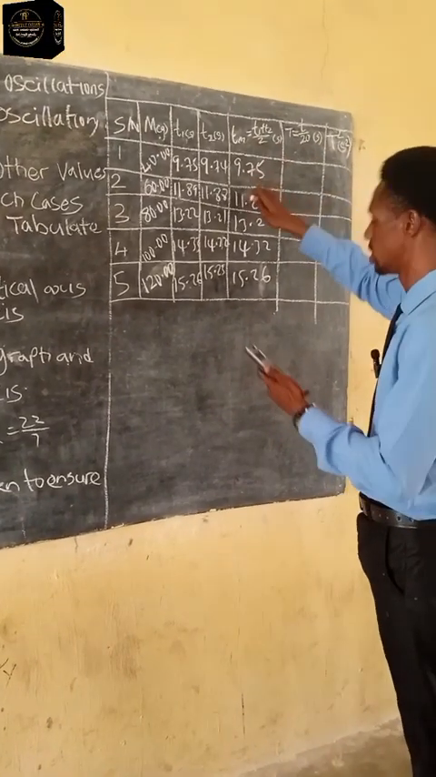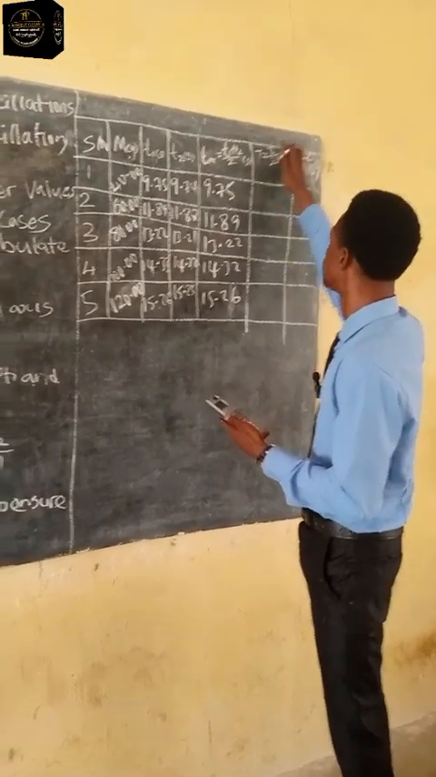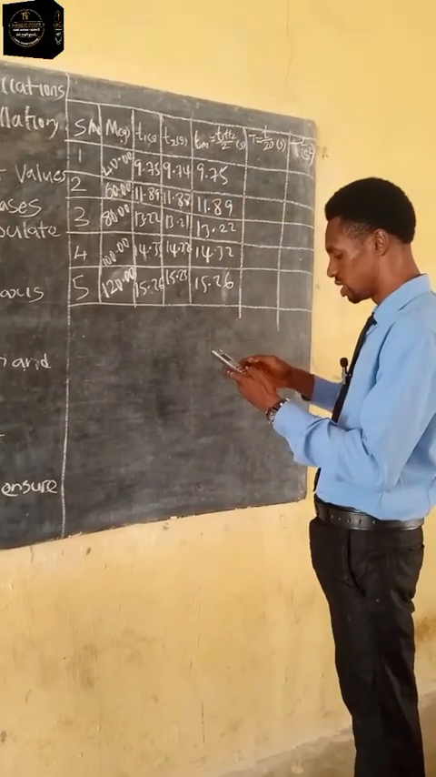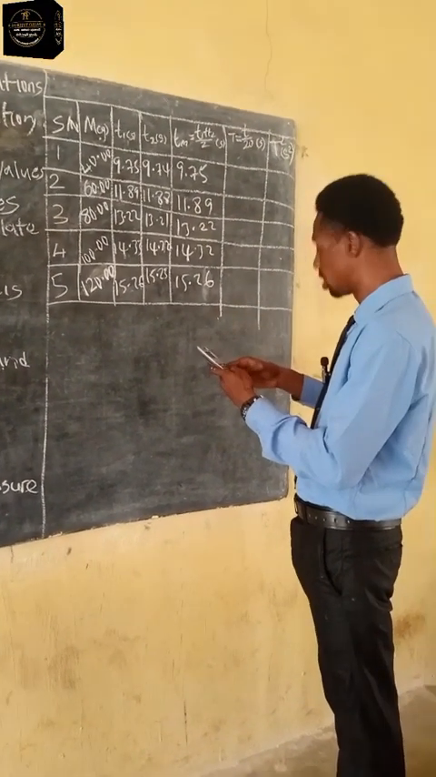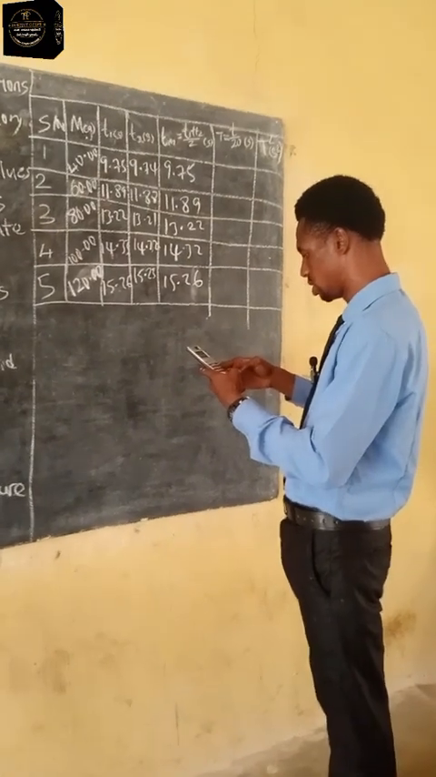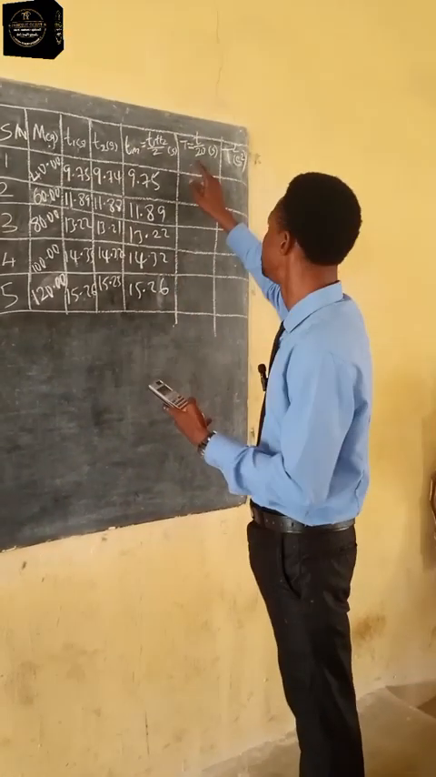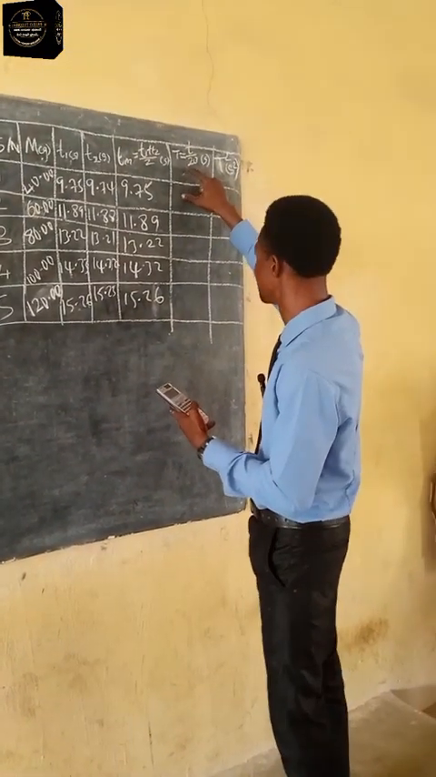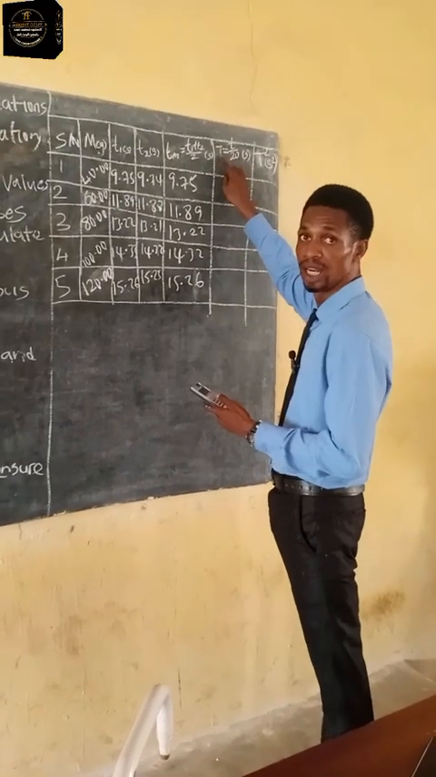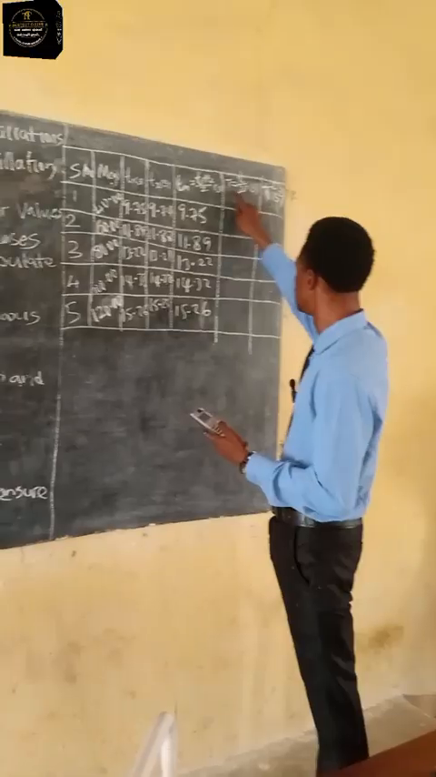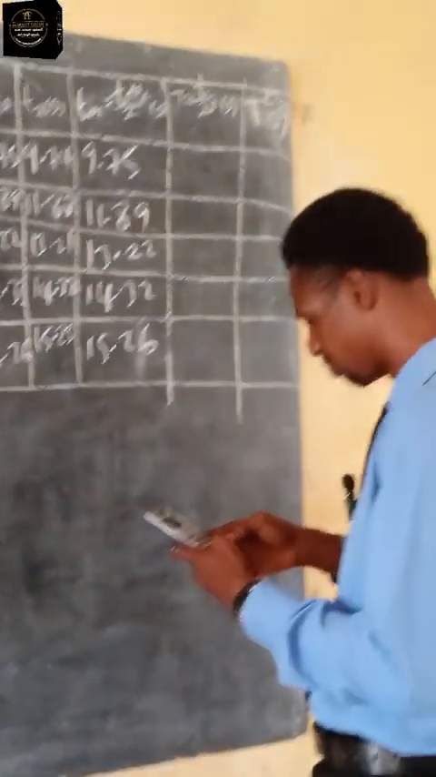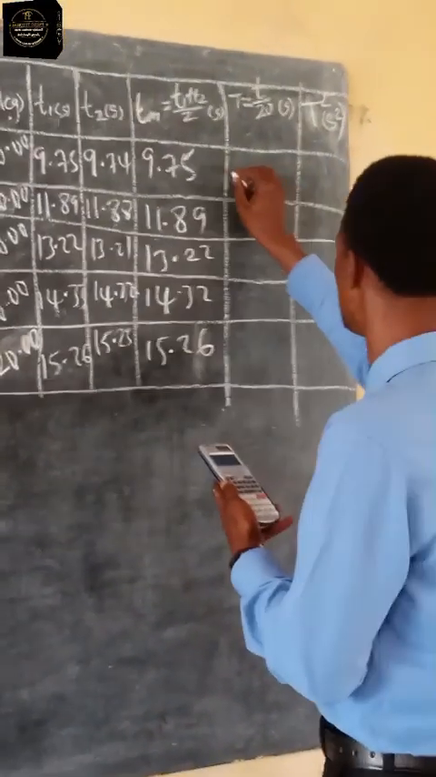I'll be dividing my time by 20. So T equals t over 20. So I'll pick this one divided by 20. That is 9.75 divided by 20. Please take note now, when you're doing these two, there must be at least 3 decimals. Don't forget, when you're doing these two, make it at least 3 decimals. So this gives me what,